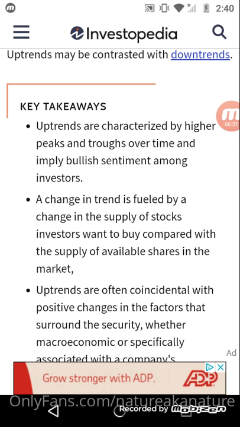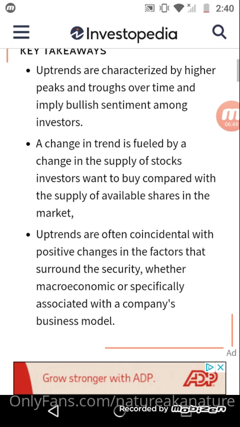So we look on a daily and a weekly, and a 4 hour too. I'm gonna show y'all that. So let's just go back into the key takeaways right here. So uptrends are characterized by higher highs and higher lows, peaks and troughs over time, and imply bullish